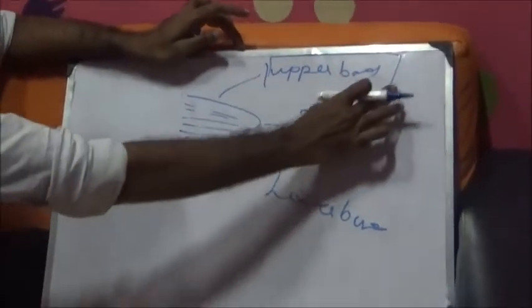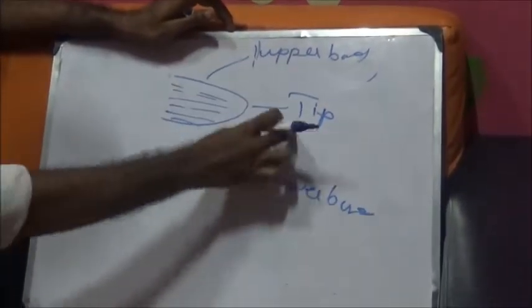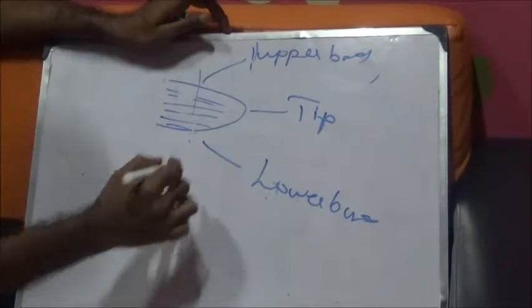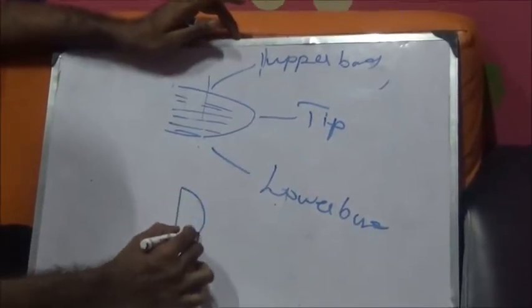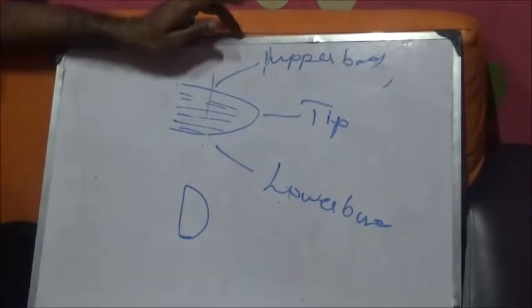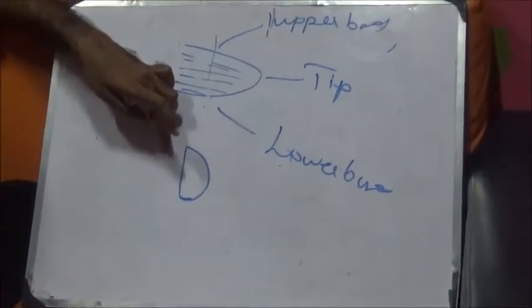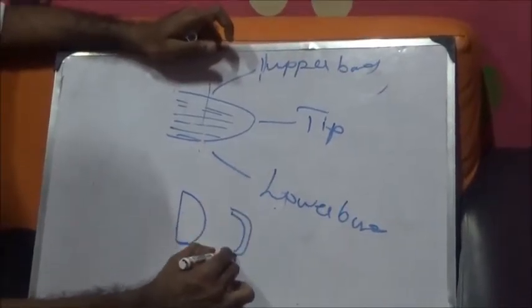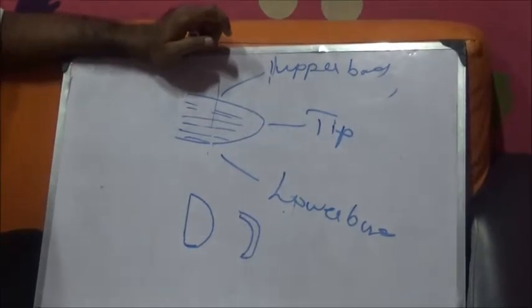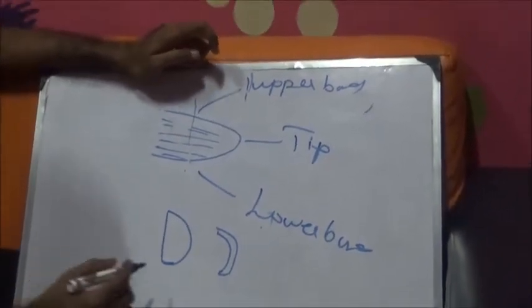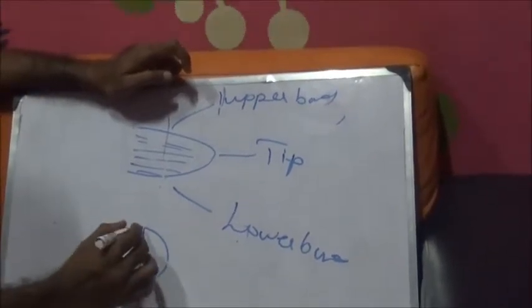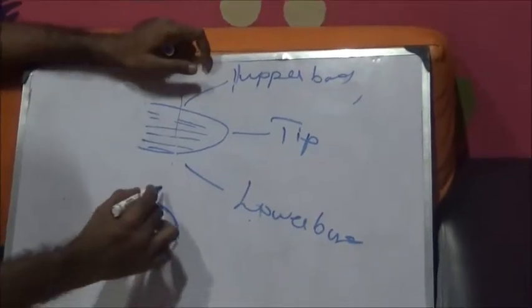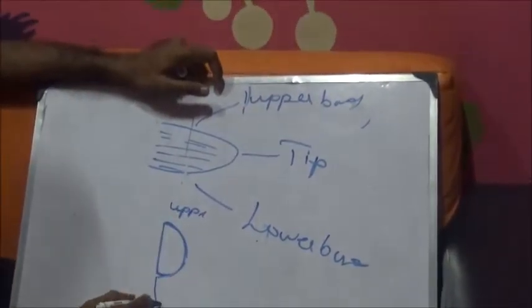Okay. So there are two borders, one is upper, lower and tip, and another is the surfaces. I am doing a cross section here. It is a kind of half circle cross section, the straight elevator. If it is a Copeland, it will be like this. So this is a cross sectional diagram. Is there any doubt in this diagram? Okay, so obviously this is the upper border. This is the lower border.